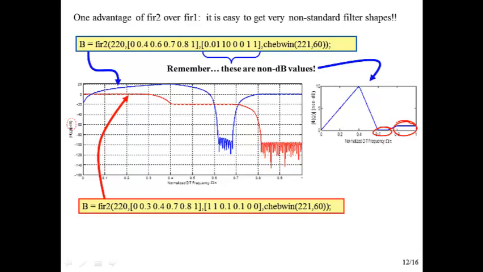Now here's another design. Here I'm asking for it to be at 1 or 0 dB, between 0 and 0.3. Then I want it to go down to 0.1, which is going to be minus 20 dB. And then I want a true stop band. So this is kind of like a two-shelf filter and then a stop band. So the lowest frequencies are not being attenuated nor giving any gain. Then things between 0.4 and say 0.7,